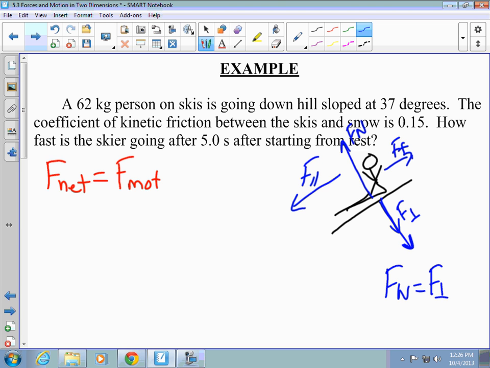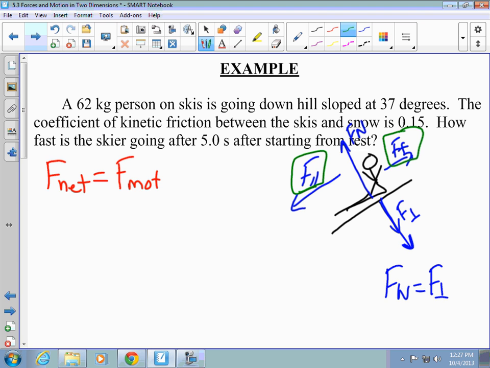So to go back, the normal force and the perpendicular force are the same. They are equal to one another. However, since our skier is going downhill, our normal force is greater than the force of